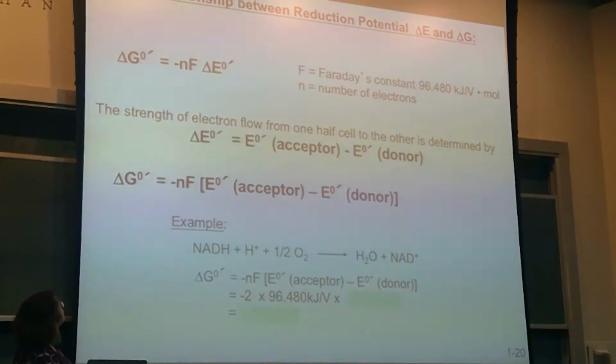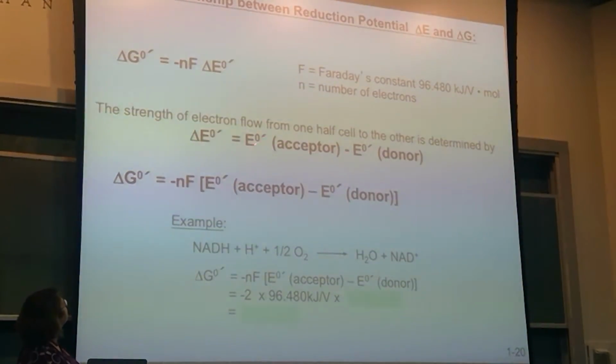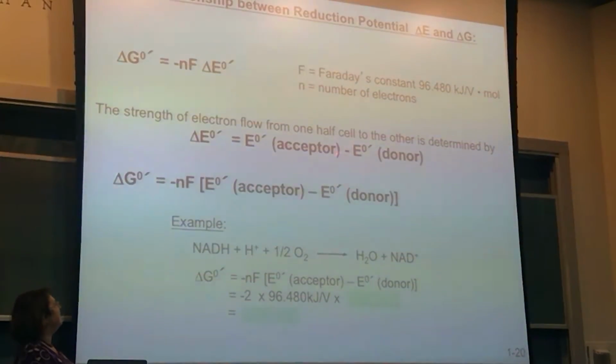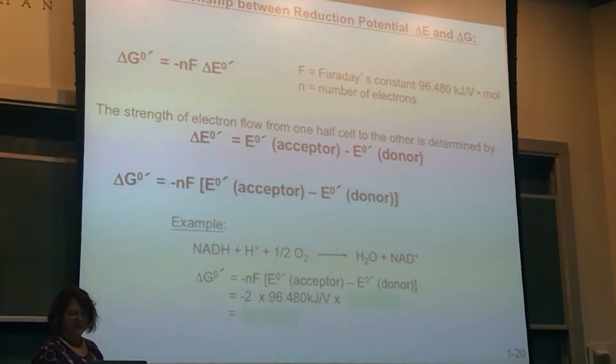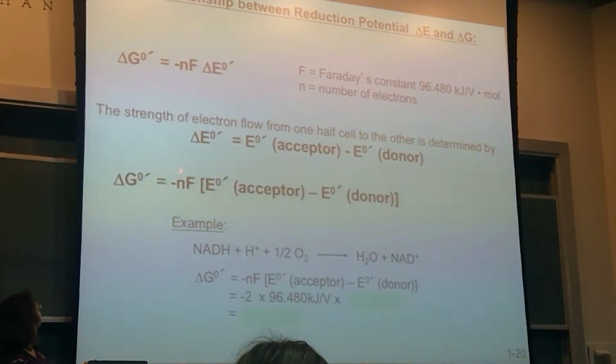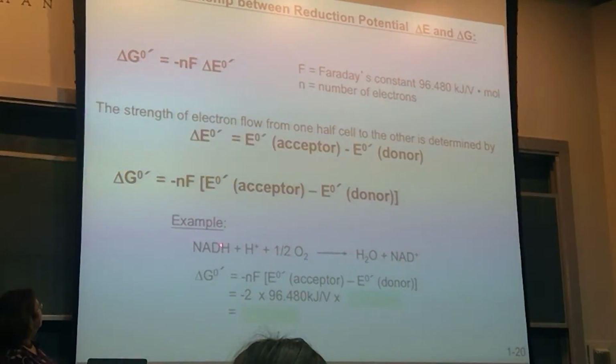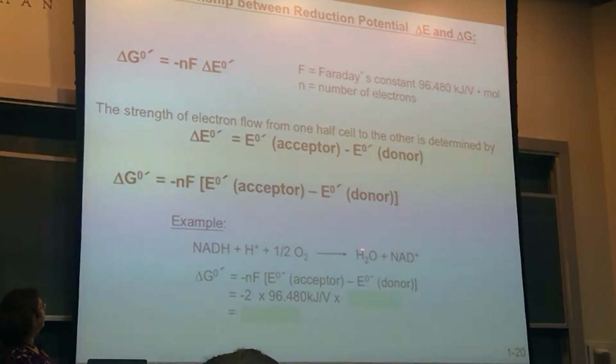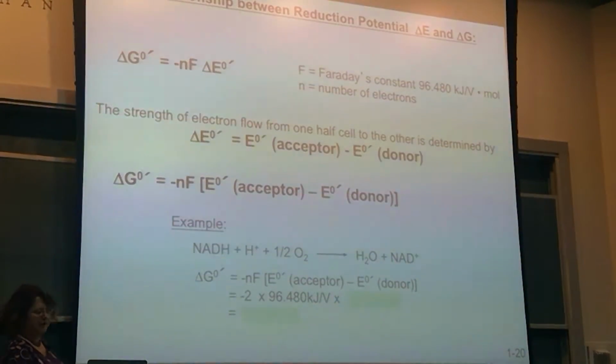In every case, you would really want to highlight this: it's the change from the acceptor minus the donor. The reason it's written by convention that way, we'll go through the example, is that because it's always written in one direction, you actually have to do the negative of the donor. So delta G0 is equal to minus nF, E acceptor minus E donor. If you had this equation, acceptor minus donor,